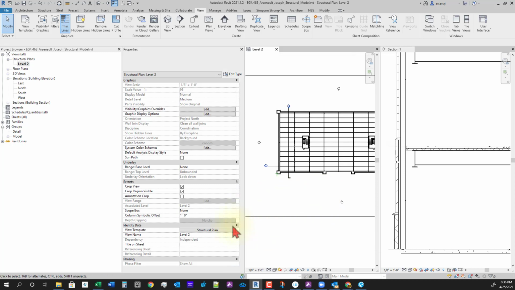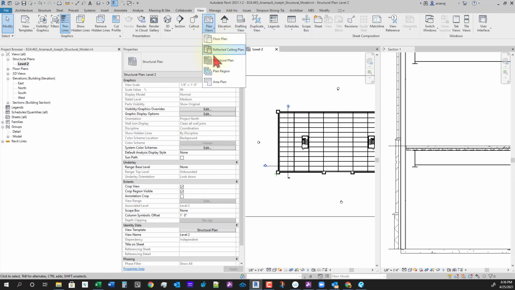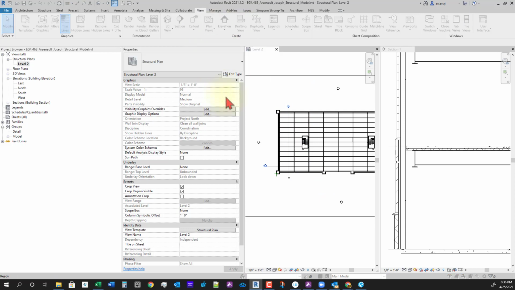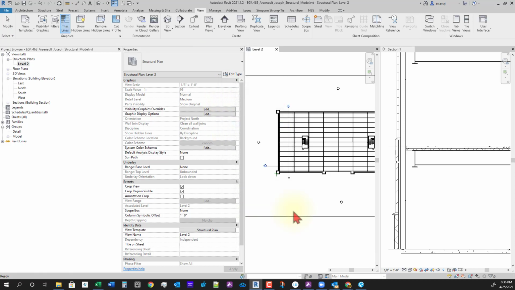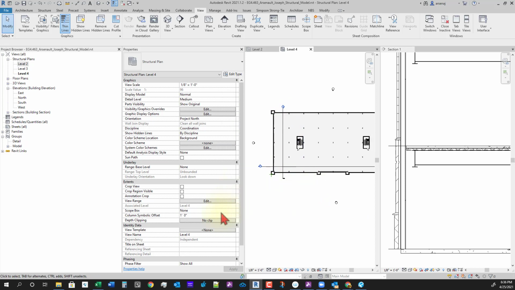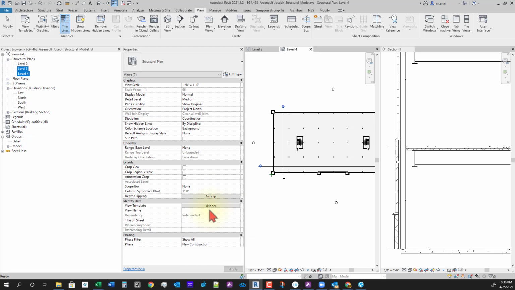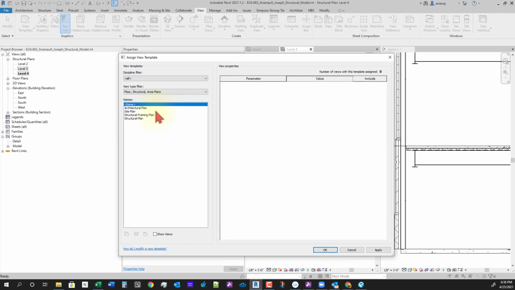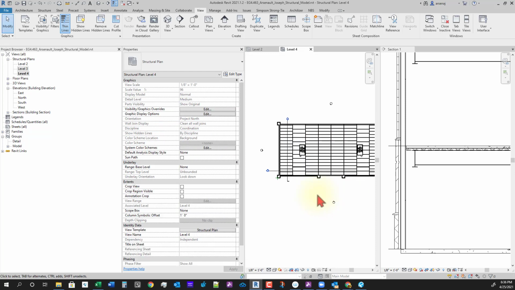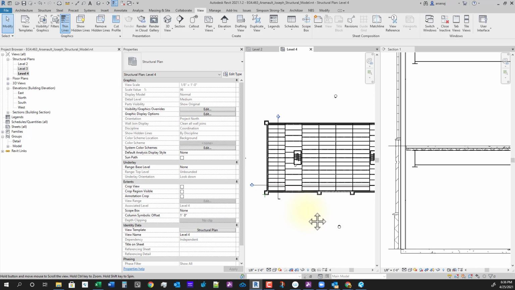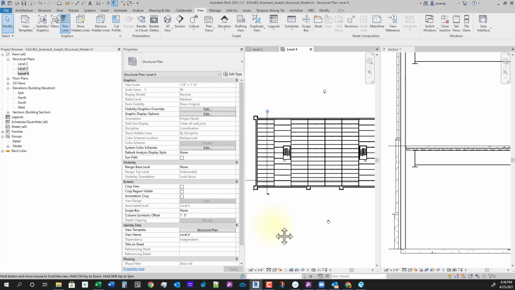And then what I'm going to do is go up here to drafting views, or sorry, not plan views, and then create the level 3 and 4. Hit OK. I'm going to open up 4. And I can actually come over here to the project browser, select both 3 and 4, and select the structural